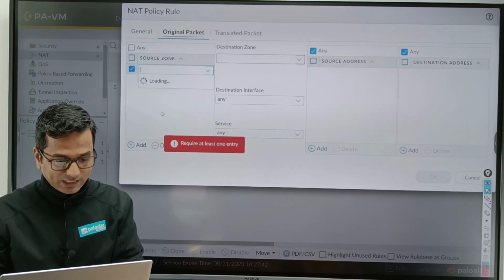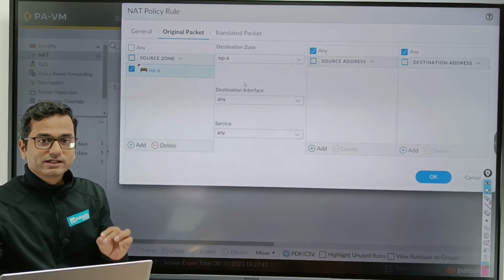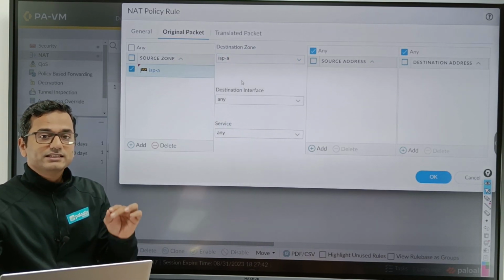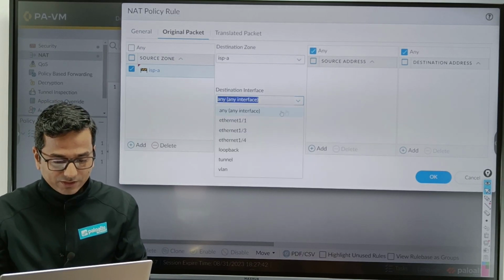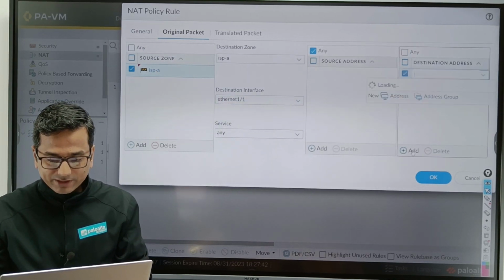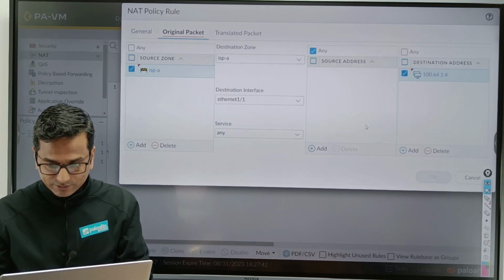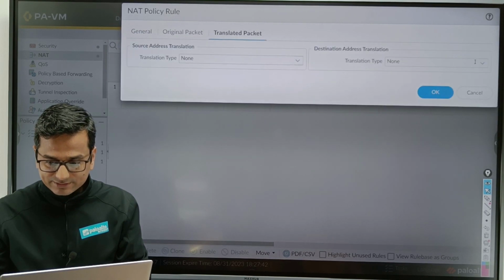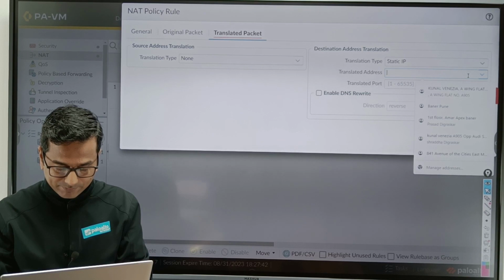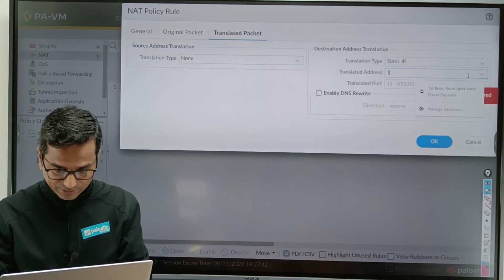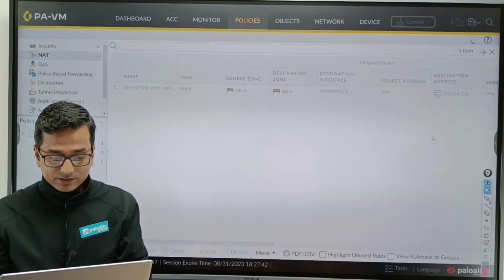Original packet, of course ISPA, destination also ISPA. Why? Because 100.64.1.4 is directly connected to the Ethernet 1/1. Then destination interface Ethernet 1/1, source IP address no problem, 100.64.1.4. Then translate address, use a static method and use the IP address of the DMZ web server, 10.2.20.10. Commit.